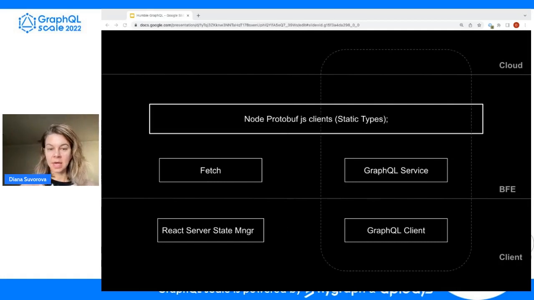And in case you have gone with the GraphQL option or GraphQL architecture, you will have a GraphQL server and the clients in your stack included. And we use Apollo.